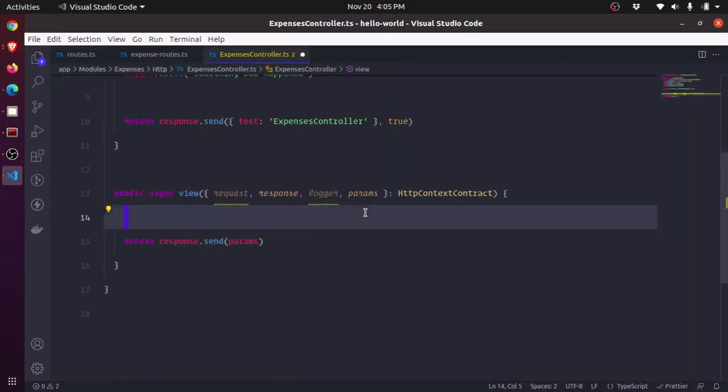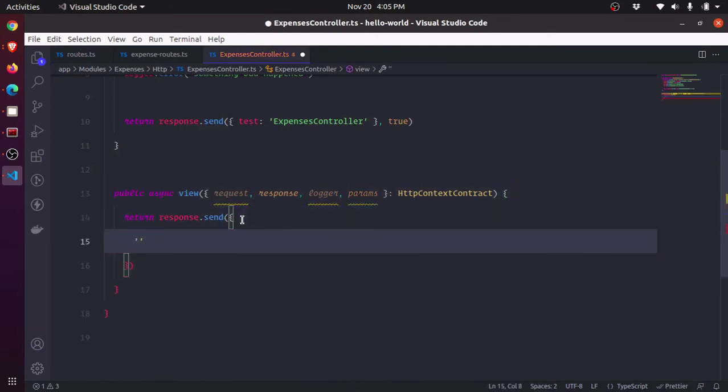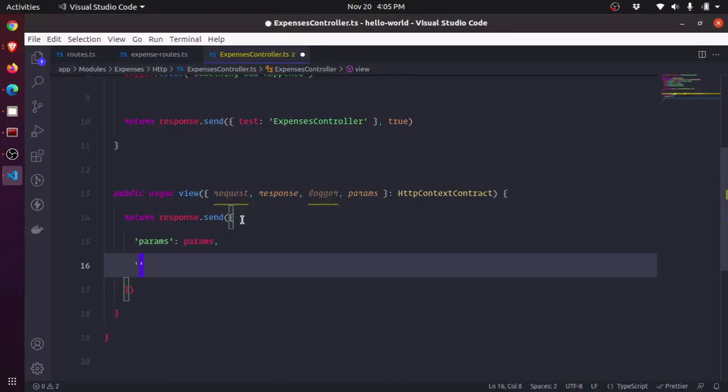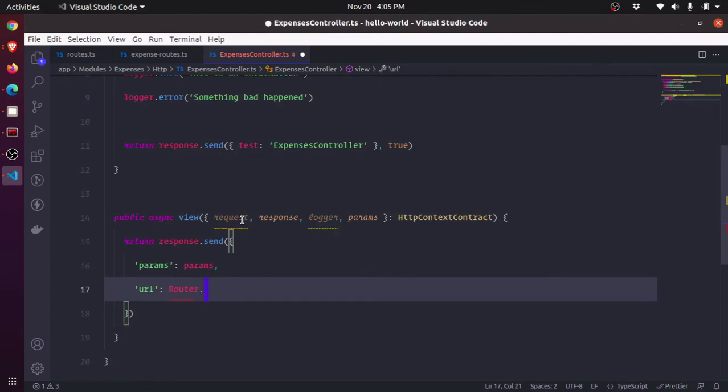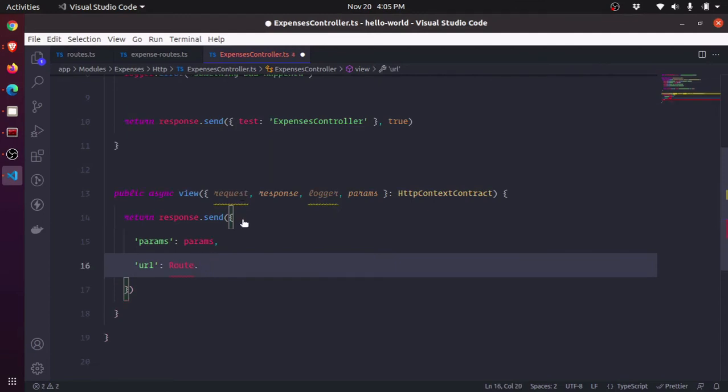I'll show you an example over here. What I will do is params, oops, not array. I have this habit of doing this kind of an array because of my PHP experience, but yes, I'm slowly getting used to it. So sorry about that. URL route, oops, not router, route dot,